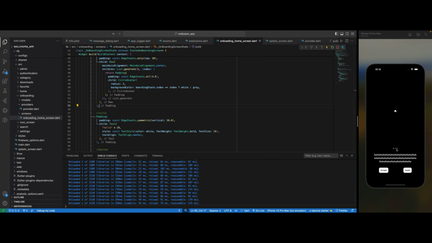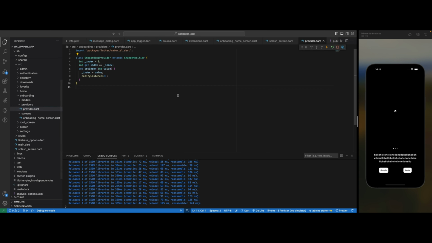You can see now these two are fainted and we have our white. So if you swipe, you can see how it's moving smoothly. Cool. So now that we have that, we need to show a nice string, okay? And also our text needs to change while we are swiping. So to do that, I'm going to go over to our provider, and then I'm going to add,